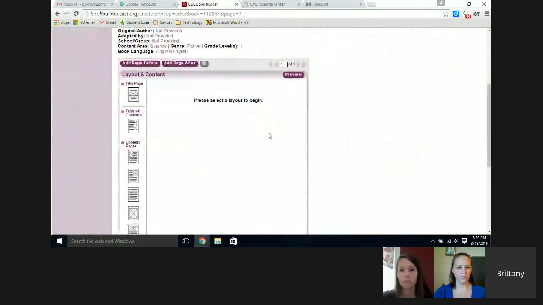And then here's my book. When I first looked at this page, I was a little overwhelmed, but it is much easier than it seems. So right here we see we're on page 1 of 1, and I'm going to make a title page. So I click title page over here,